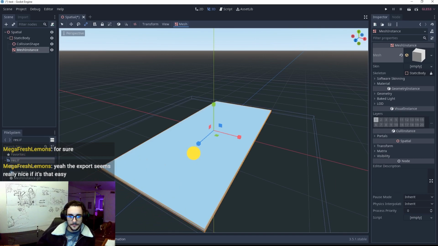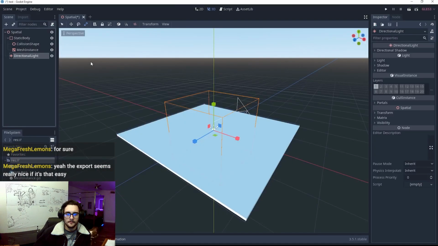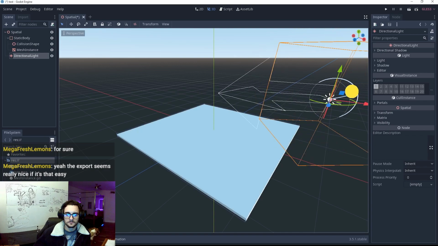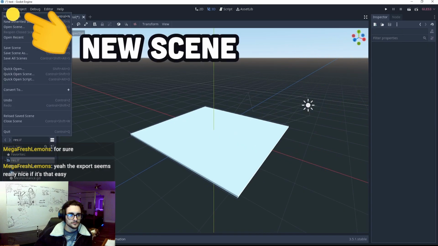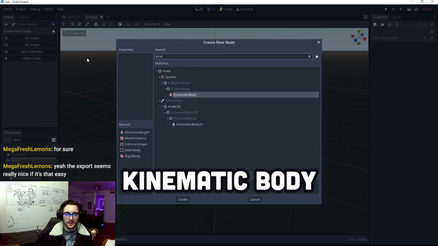We can also make the scene look more realistic by adding a directional light to it, which will cast shadows off of other 3D objects. Now, to add a player to the game, we'll create another scene, this time with a kinematic body as the root, which is ideal